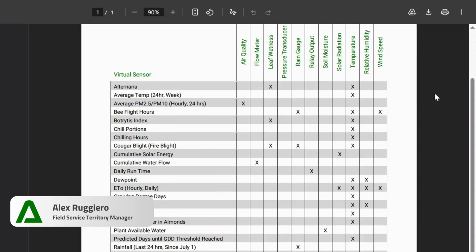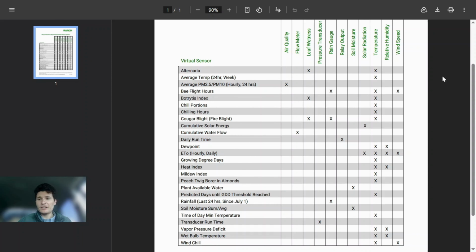My name is Alex and today we will be going over virtual sensors. So first off, a virtual sensor is a sensor that uses data from a physical sensor, plugs that data into a formula to create a virtual sensor, which as you can see by this infographic, we have a couple examples here. So if you have a temperature and a humidity sensor, you can have vapor pressure deficit down here and